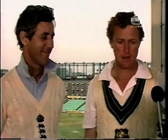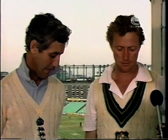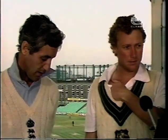Peter West, straight after the presentation, had the good fortune to be able to talk to Mike Brearley and Kim Hughes, the captains of the respective sides. Well, Kim, in the end, it was a final frustration for you, wasn't it? Yes, I thought Alan Knott played very, very well, and indeed Mike. When we had England 6 down, I thought we were going to win, but